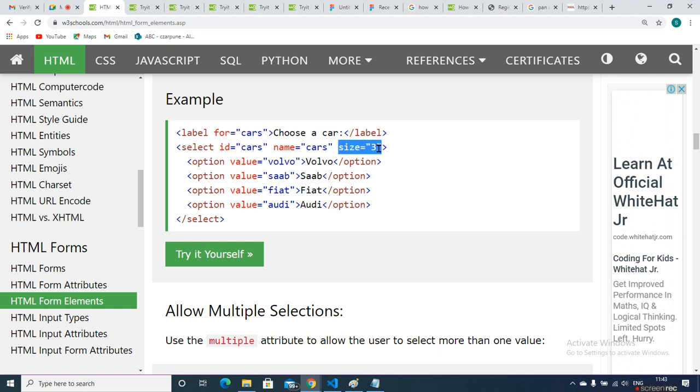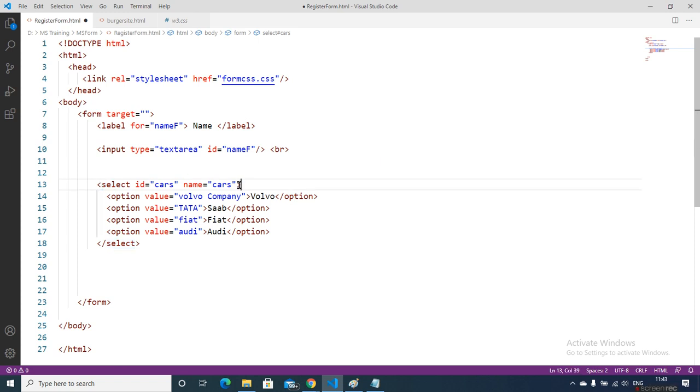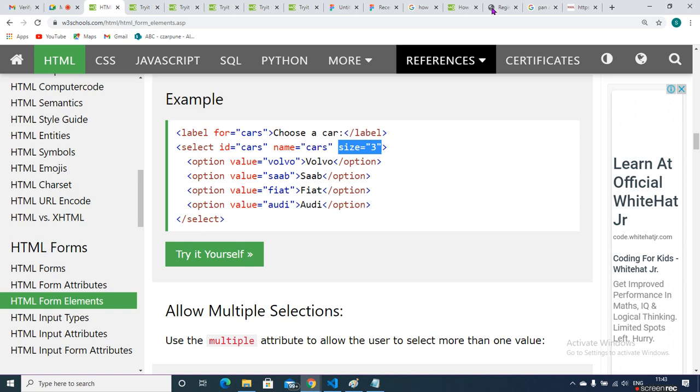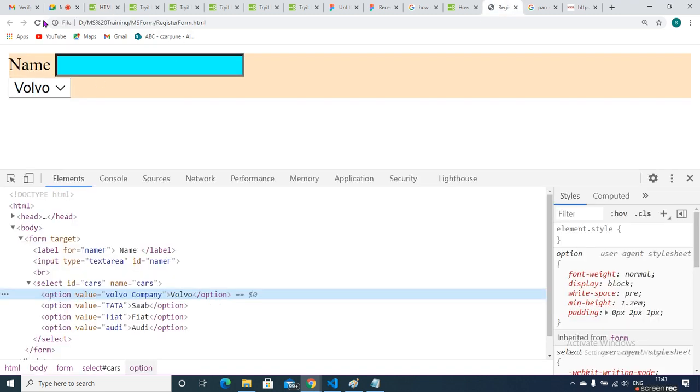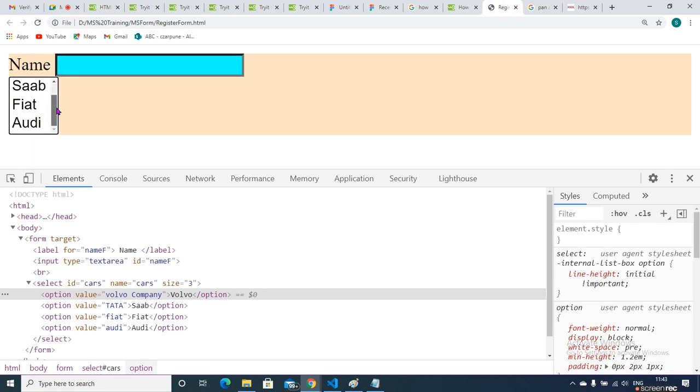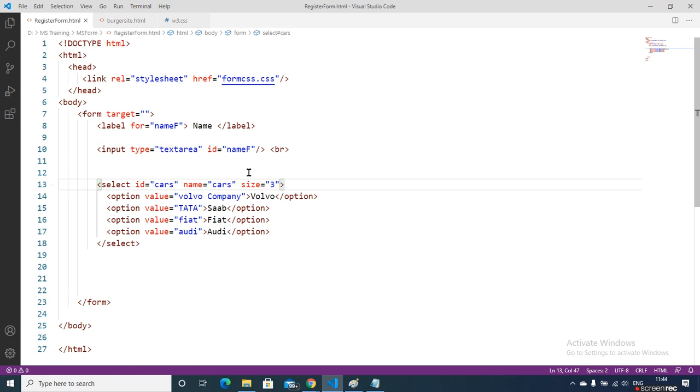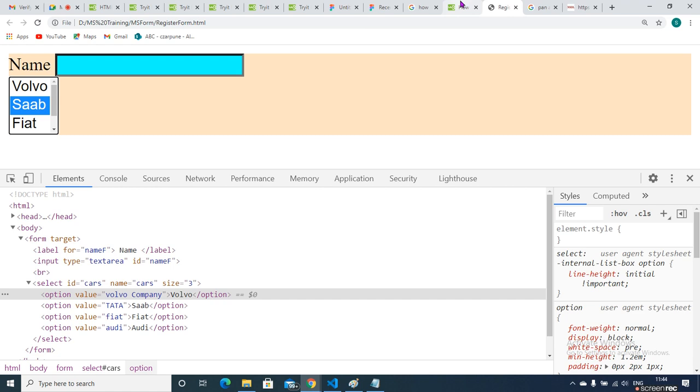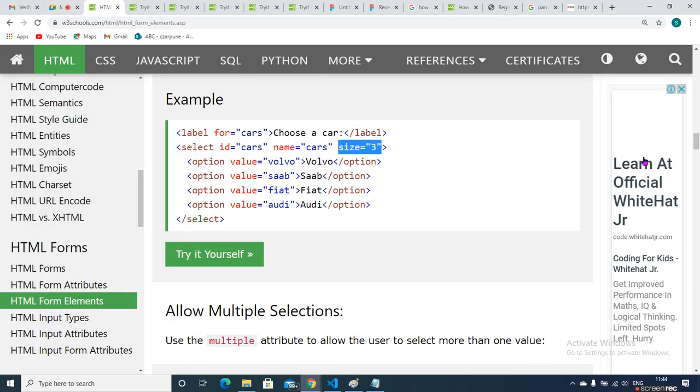If I pass size 3, let's see what happens. See, it displays 3 elements at a time. I need to scroll here and it displays 3 elements at a time. For that purpose the size attribute is there. There are different kinds of attributes for these.